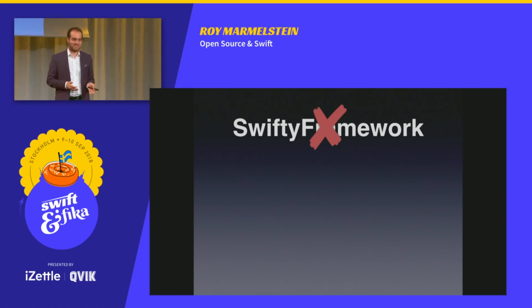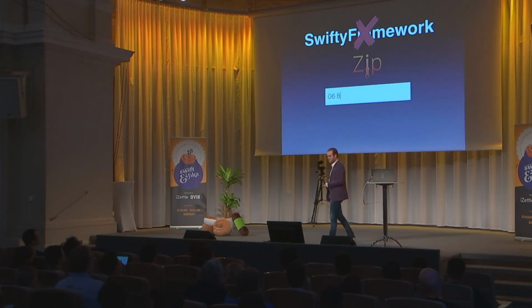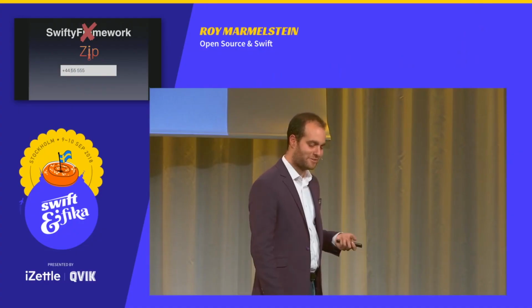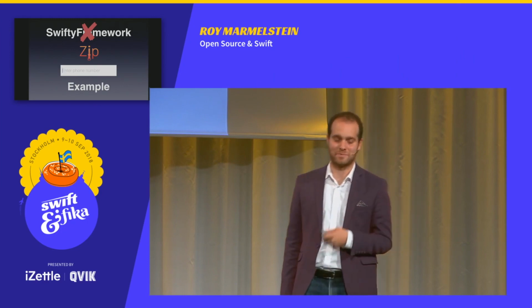It's very important to be professional with your README, and it's important to have a good name for your project. Try to think of a name that's clear, that's aligned with the language and the operating system that we're working in, and that doesn't clash with another name. Try to have a logo. A logo is a very small effort thing that you can do to make your project seem much more professional. If your project has some UI or has some implications for UI, having a GIF showing that UI in action is also extremely useful. And then you also need an example app.